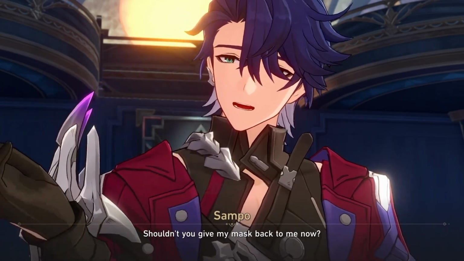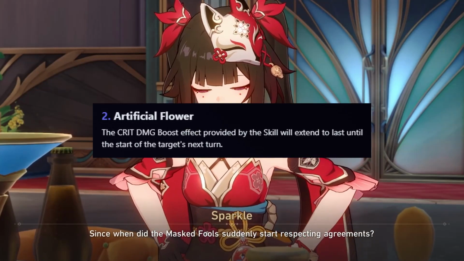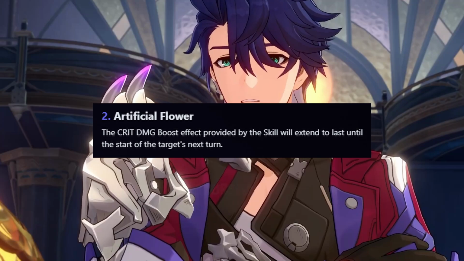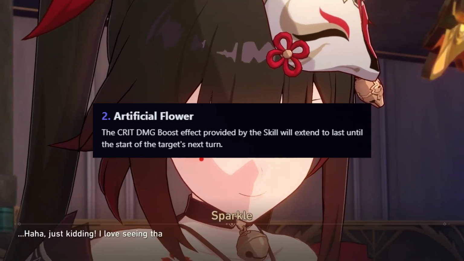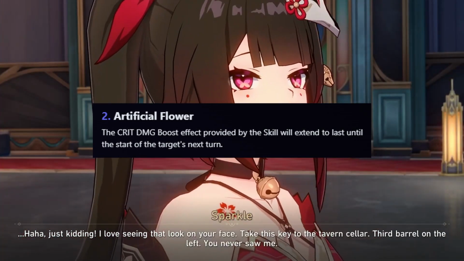In tight scenarios, you don't need to feel bad for using a basic attack. Her second Ascension trace, Artificial Flower, will extend the crit damage boost effect provided by her skill to last until the start of the target's next turn. This talent may not seem much for some, but for those who are paying attention, it's a massive upgrade over